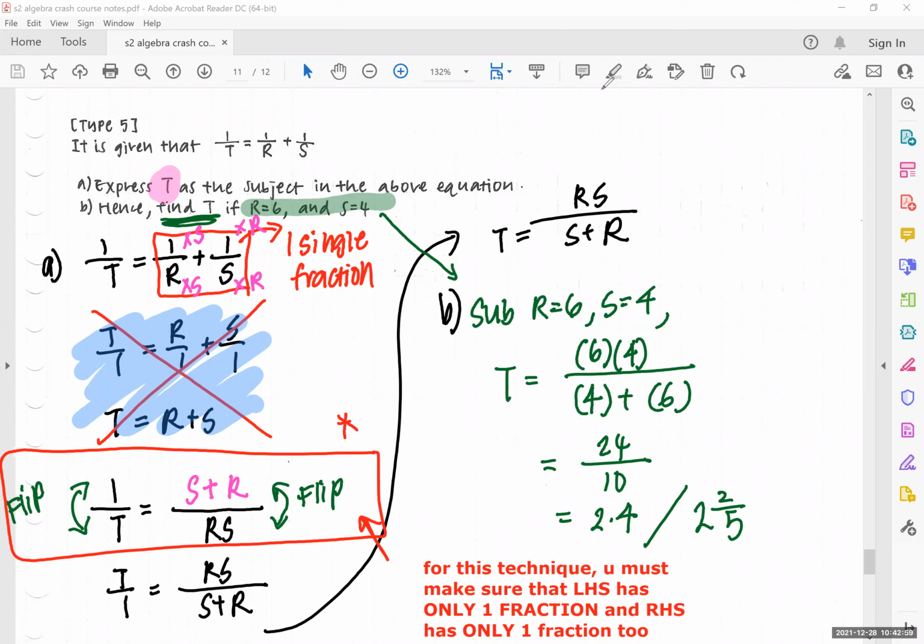Okay, that's it. Can I clear the screen? You all write down everything, including the one in red. For this technique, you must